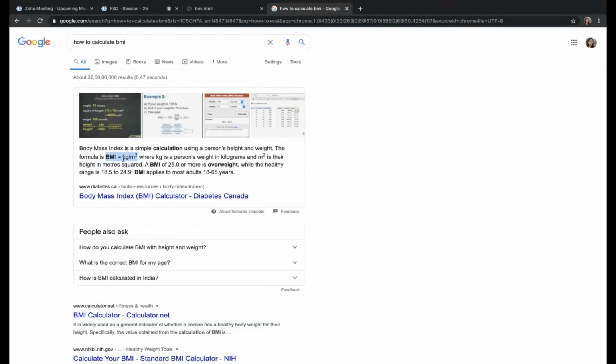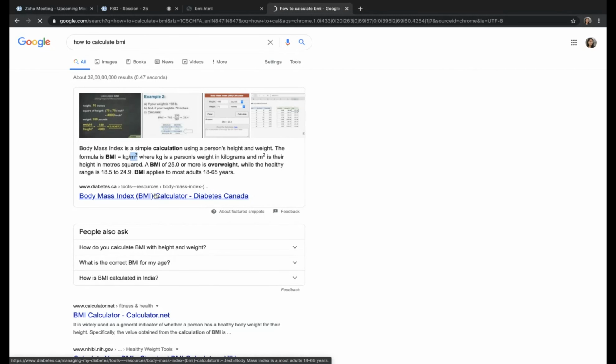So what are the values we need? Weight and height in meters. Two values we need to get from the user, and then we can calculate.